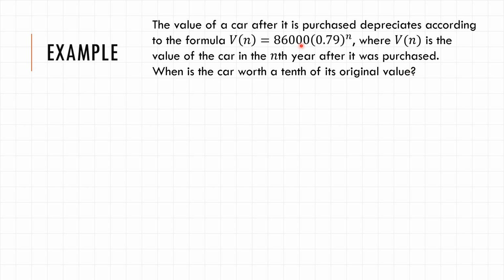Well, first of all, hopefully you know by now that to find the original value or the starting value in an exponential graph, you just need to look at the a value, the number that's in front of the power. And so the car when you first buy it is worth $86,000. 1/10 of that is $8,600. And to find out when the car will go down to here, if it follows this relationship right here,